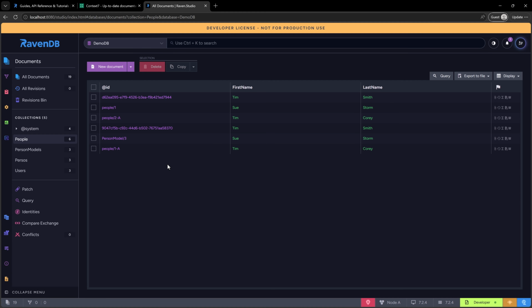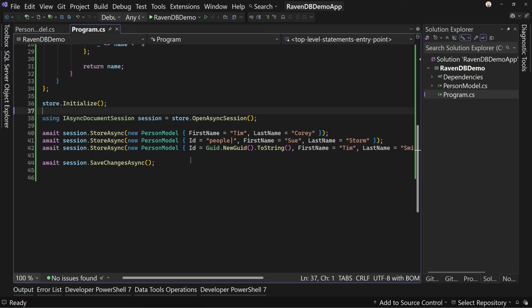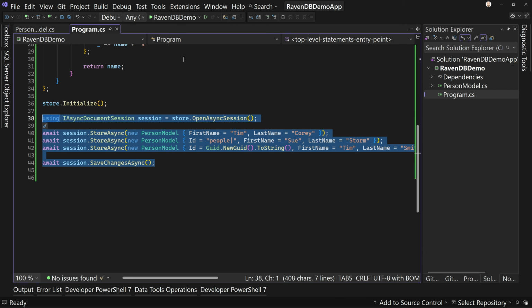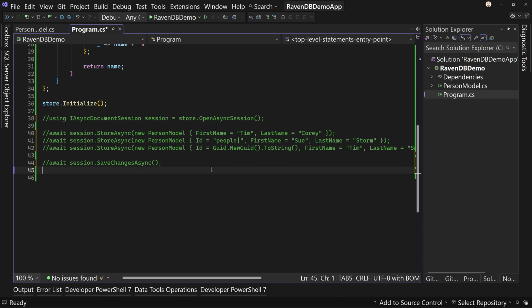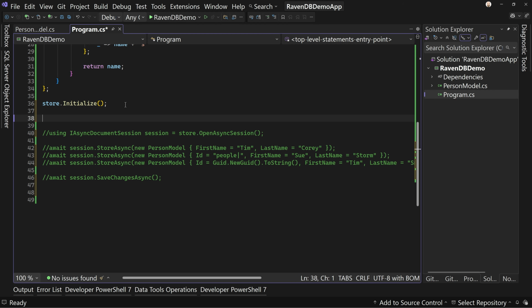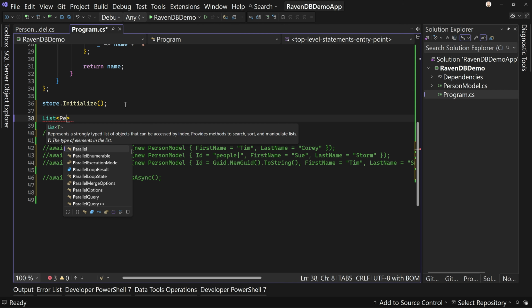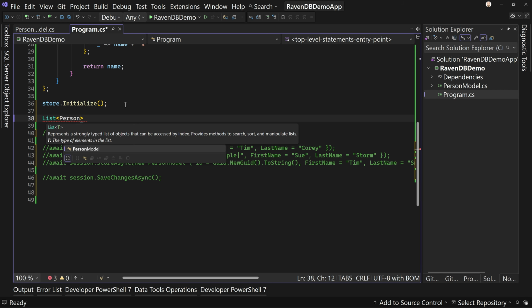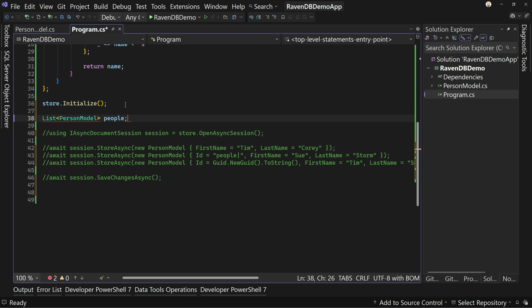So now we have data going in. We can make these better if we want by cleaning up how they work. But let's move on to different actions. So let's comment out all of this because I want you to have the code, but we don't want to keep inserting every time I run this. And what I'm going to do is say, let's grab all of the users. And let's put up here at the top, we're going to do a list of PersonModel, and we're going to call it people. And then down here, we can initialize that list by saying